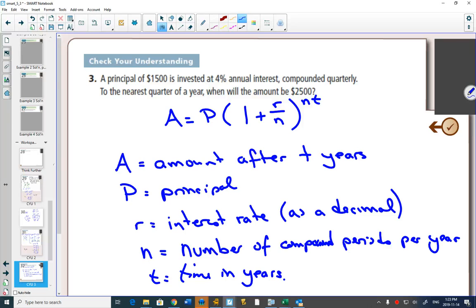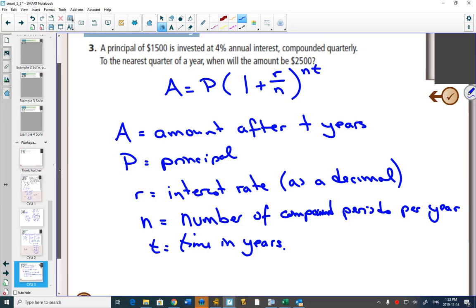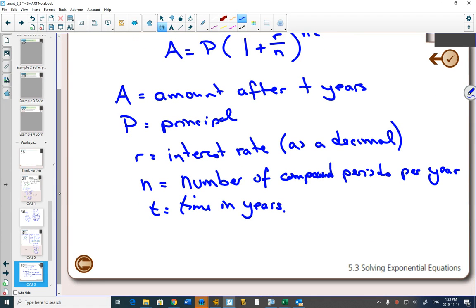Okay? So with that in mind, principal 1,500 invested at 4%, compounded quarterly. Quarterly means 4 times per year. To the nearest quarter of the year, when will the amount be 2,500? So when we put things into this equation,